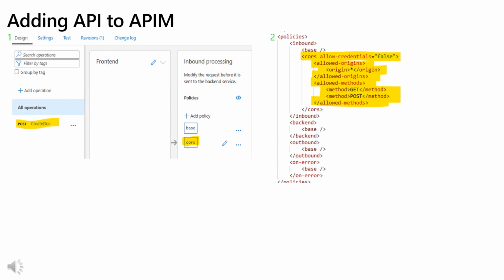So I'm not going to walk through all the details of configuring APIM for this scenario, but I want to just quickly walk through some very important pieces here. So you can see here that I've already added and exposed the API in APIM. You can see here there's a post action for create doc, and I also added an inbound processing rule here